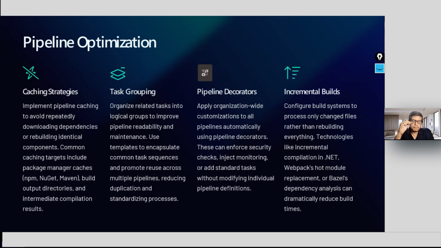You become a fantastic DevOps engineer just by learning a pipeline tool properly. You will be very much in demand in your company, in your organization. I can assure you.